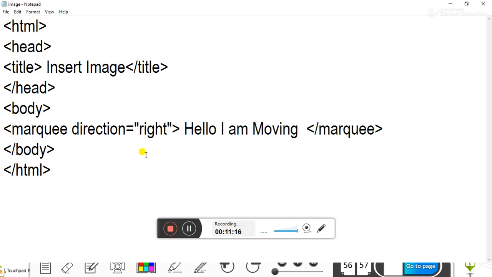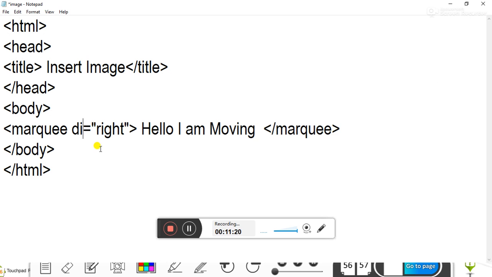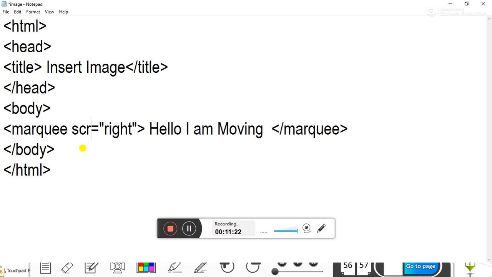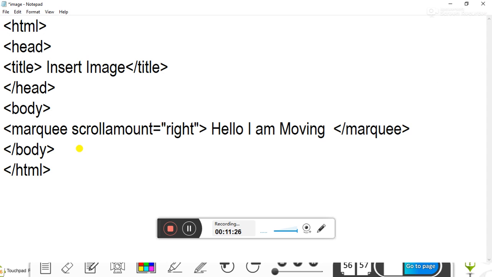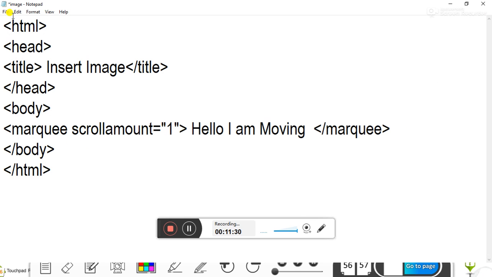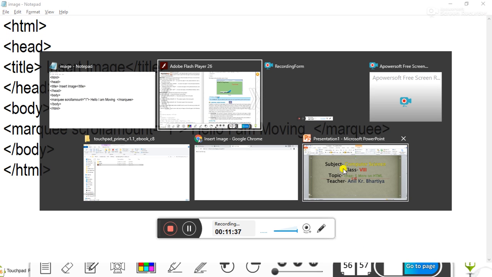Listen, scroll amount. Here I am going to use scroll amount equal to 1. 1 is very slow.